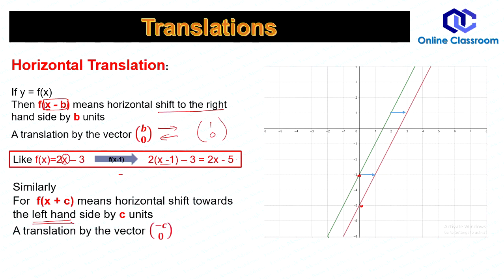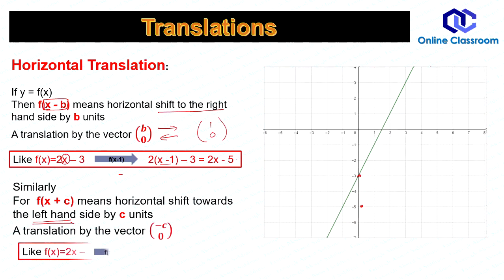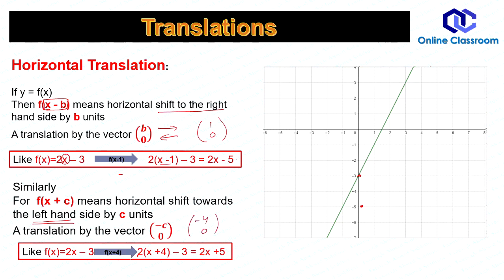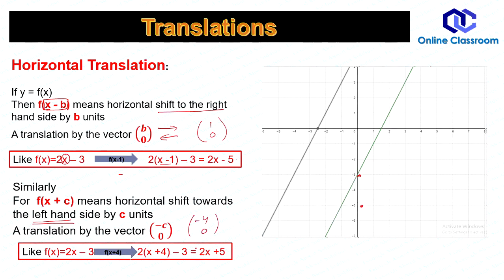You see here, if I show the numerical value, that is a function here 2x minus 3, the same straight line. If it is f(x plus 4), when I write x plus 4, it means the translating vector is negative 4 here. That should be (negative 4, 0), and the whole function should move towards left like this. You see this point has been moved towards left by 4 units. This way you can show the horizontal translation. Note down the technical points in this case.